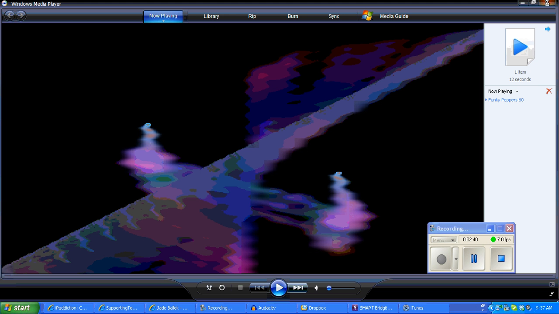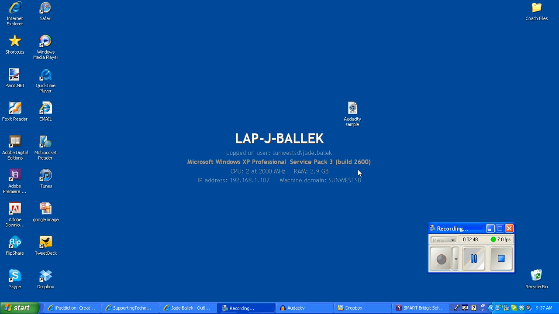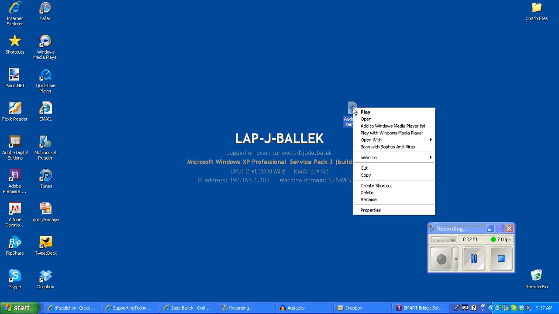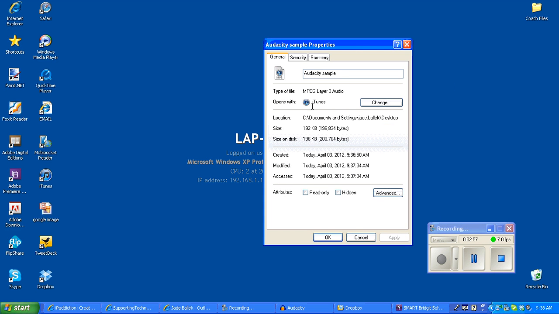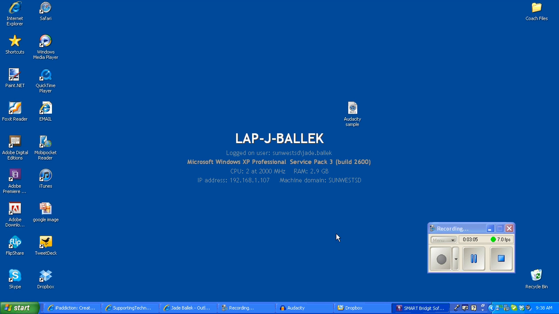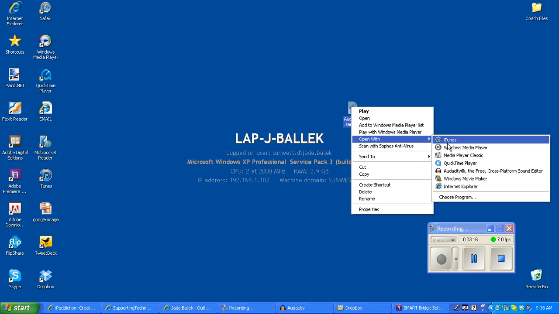So just to click out of that. Okay, I had a bit of a lag there with my computer, but you'll see in the properties here that it's automatically opening with iTunes, but you'll see that they call that an MP3 audio file, MPEG audio file. And the reason I save it as that is so that I could also bring it into Movie Maker if I ever wanted to, and I can play it with a lot of different